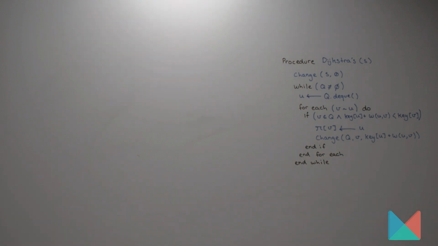In this video, we're going to discuss Dijkstra's algorithm, which solves the single source shortest path problem for directed or undirected weighted graphs. It is important to note that Dijkstra's algorithm is not suitable for graphs containing negative edge weights, and we will discuss in more detail why this is the case in a later video, but to give a